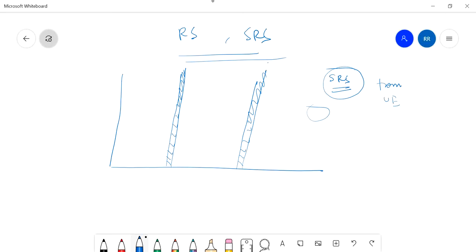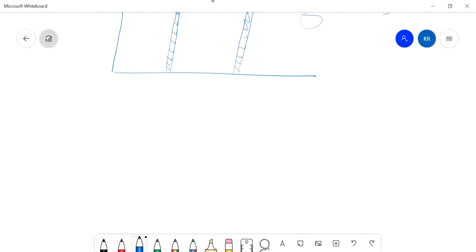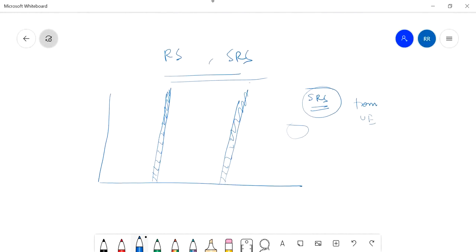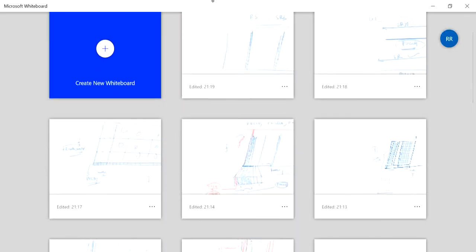And now for FDMA, like it is the case of TDMA, and for FDMA it is used on, okay, let's not talk about that, otherwise you will get confused. So anyway, this is all about the different types of mapping of channels on the resource grid.